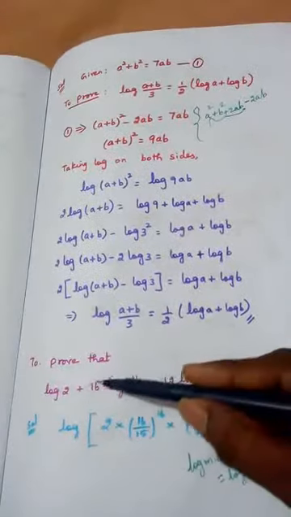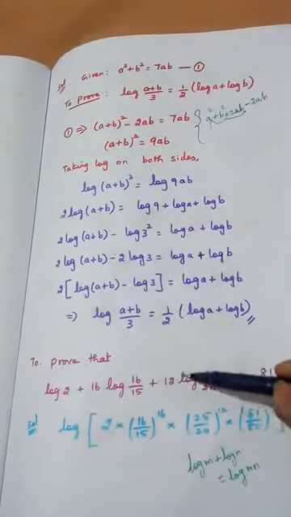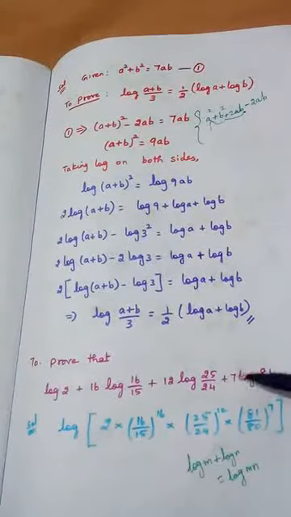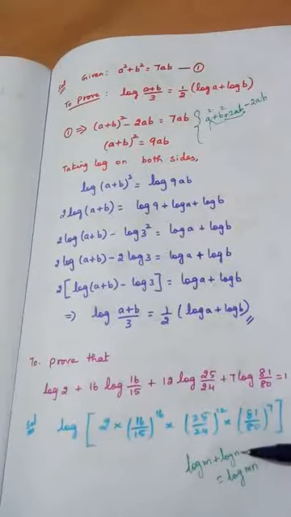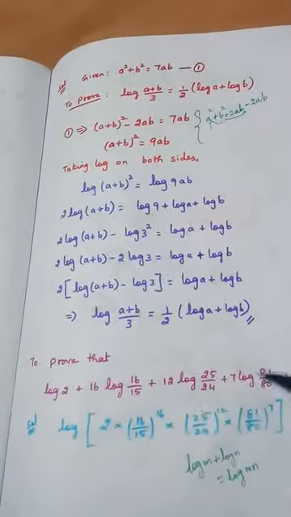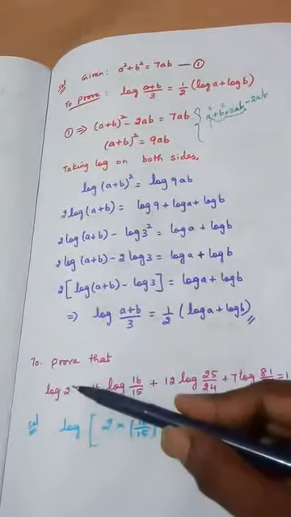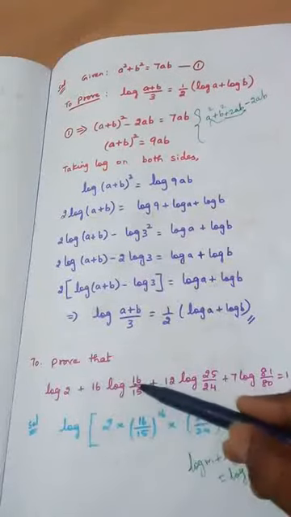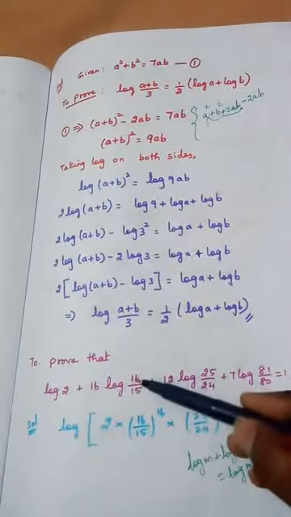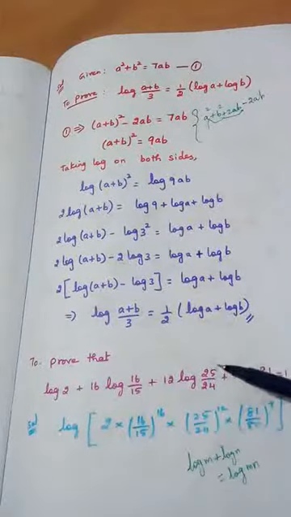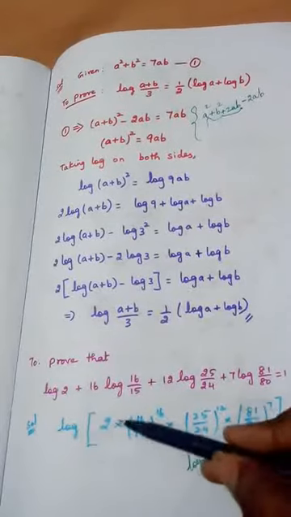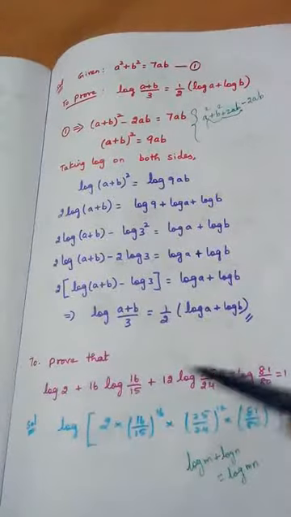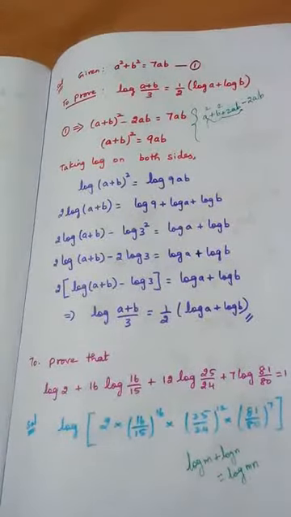Before using this result, suppose I am taking the 16 to the power, 12 to the power, 7 to the power, then apply the result. So log m plus log n means write only one log and multiply the numbers. Similarly for the 4 logs, I am writing only one log and multiplying all the numbers. 2, here the number 16 will be taken here. So 16 by 15 to the power 16 will be taken here. So 25 by 24 to the power 12, everything is multiplied. All the 4 numbers are multiplied here.